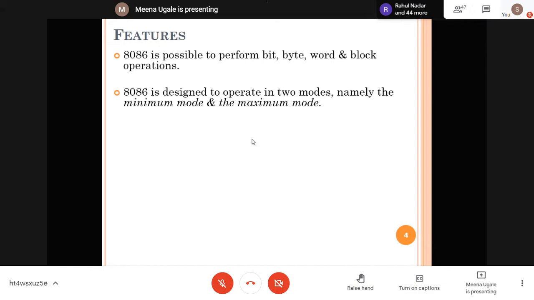Then this is another very important feature of 8086. It operates in two modes. Which are the two modes? One is minimum mode and second is maximum mode. This is basically when 8086 is interfaced with some other hardware components. Some other hardware components may have some DMA ICs which are dedicatedly used for direct memory access, or these are basically used for data transfer type. Some ICs are required just for interfacing it, for interrupt controller. So all these various different components can be connected with your 8086. So these two modes are there.